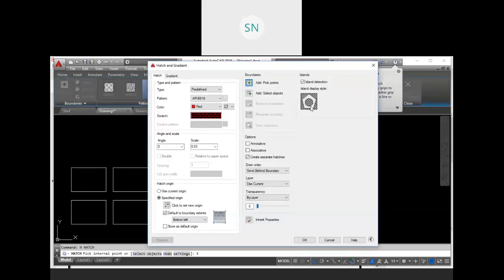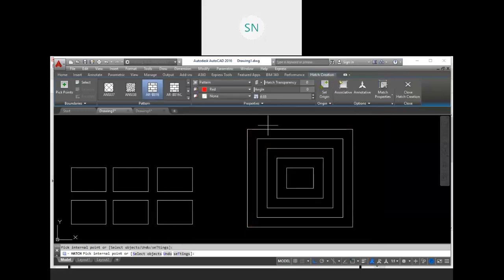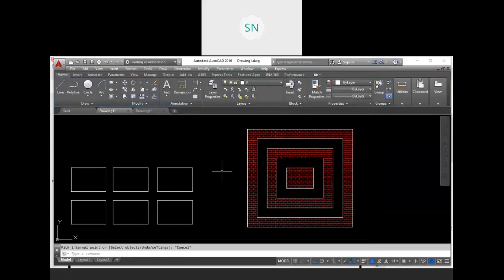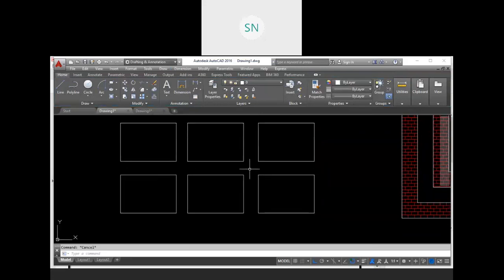Let me place a normal pattern over here. So type normal, pick the last boundary and it will automatically detect, right? Okay, now we have a couple of options for the hatch. We have many types of controls, so let me discuss that now.